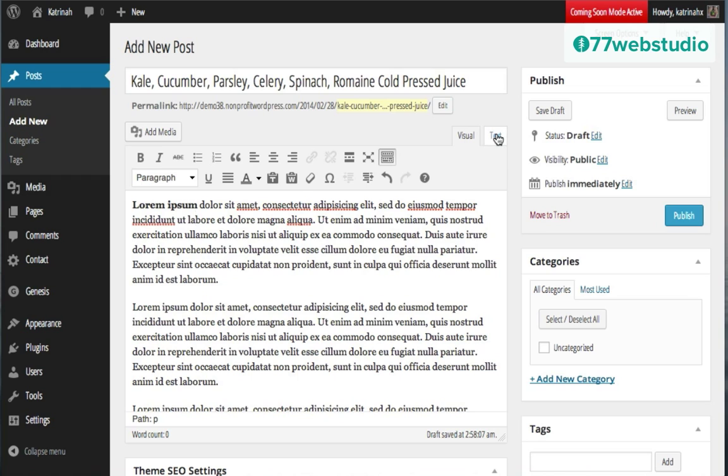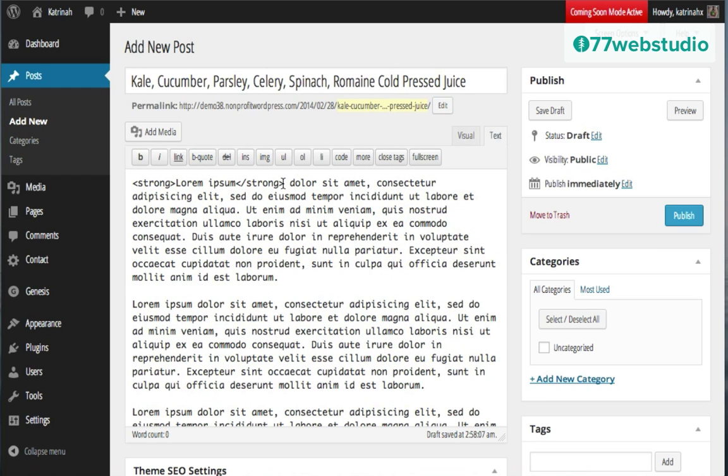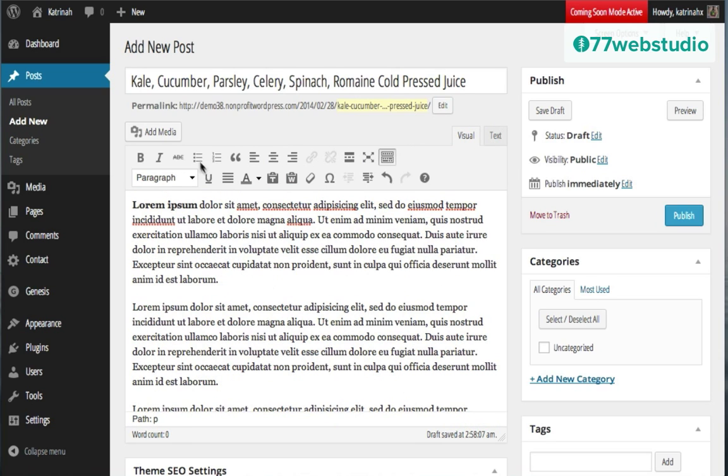So when I click on the text view, for example, we can see the behind the scenes code that WordPress has generated to create the bold feature right here on these two words. So we see here we have the HTML code for the opening bracket, which is the opening tag of the bold tag, which is strong. Then we see the closing HTML tag right here for the closing bold tag right there. So as you go through your text and you create different formatting of this, you can just refer back and forth to the text tab to check out what kind of HTML WordPress is creating behind the scenes.